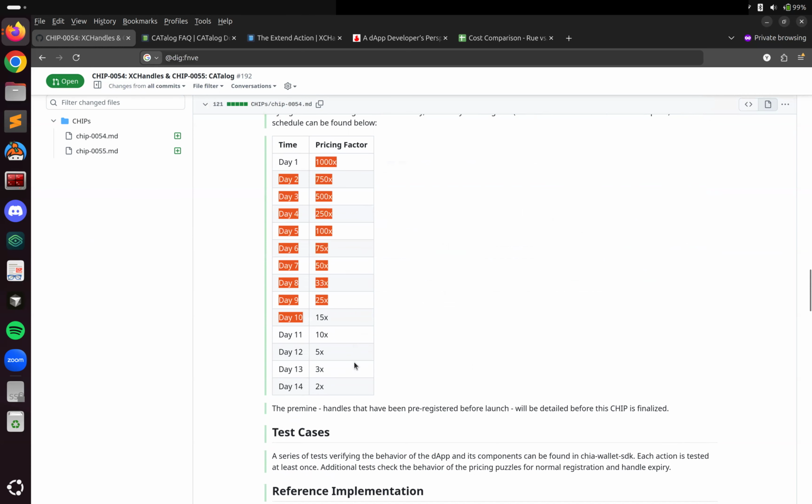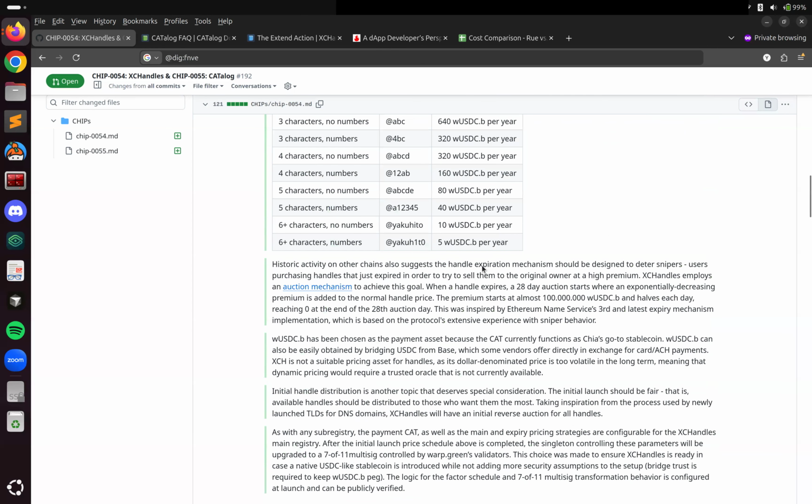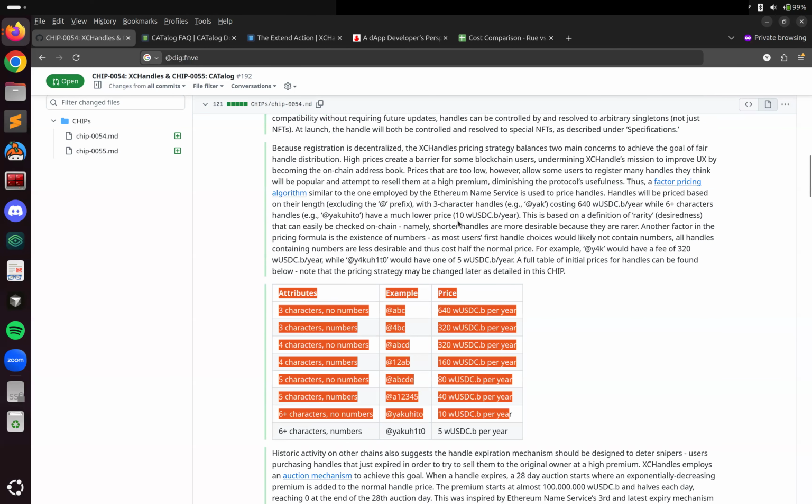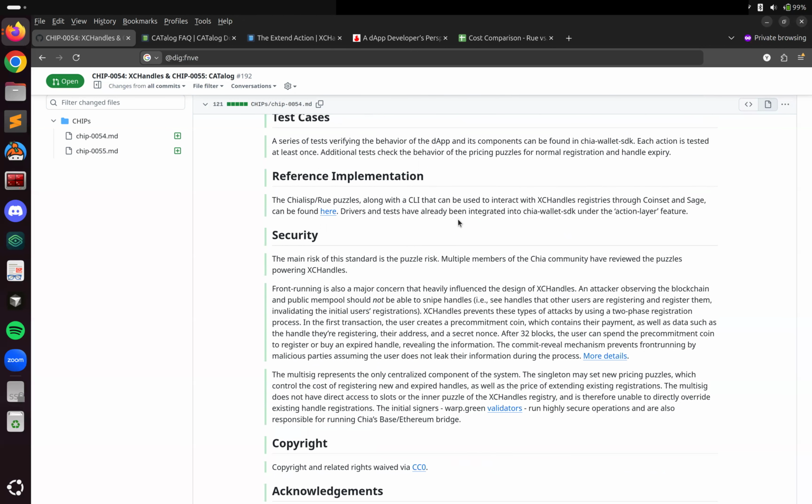This is the pricing factor. I wasn't sure beforehand, but handles will start off very, very expensive on the first day, but then this factor decreases every day, every 24 hours, until after 2 weeks, the multiplier is 1x. So all handles will be priced according to the strategy here. In terms of tests, I think I should also mention